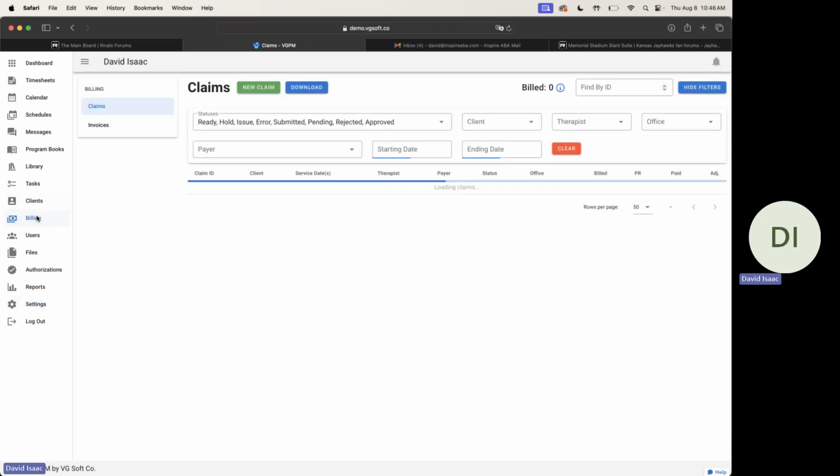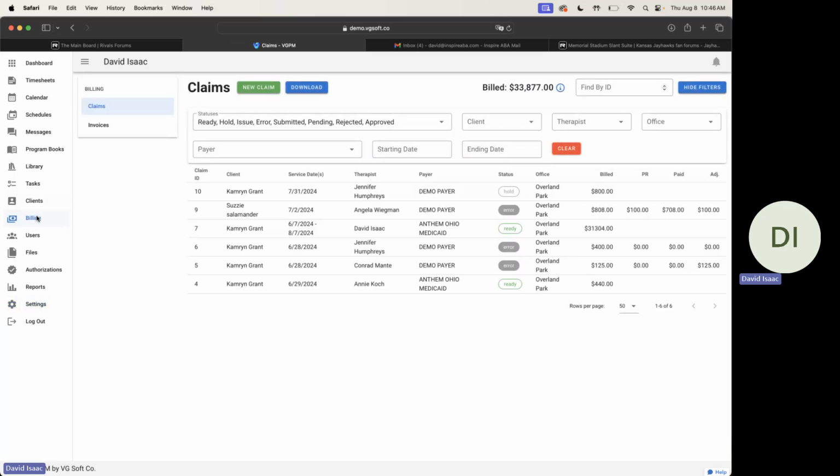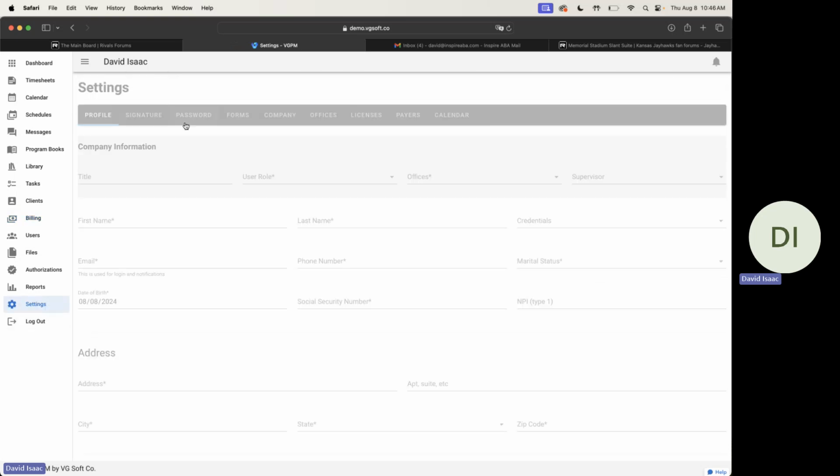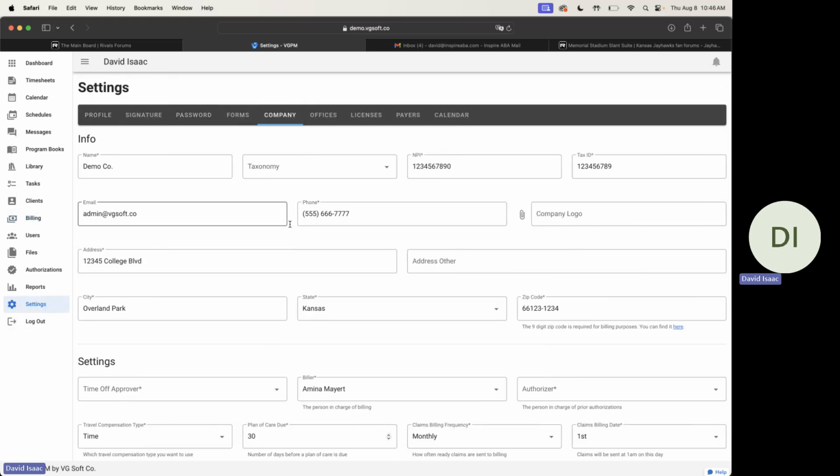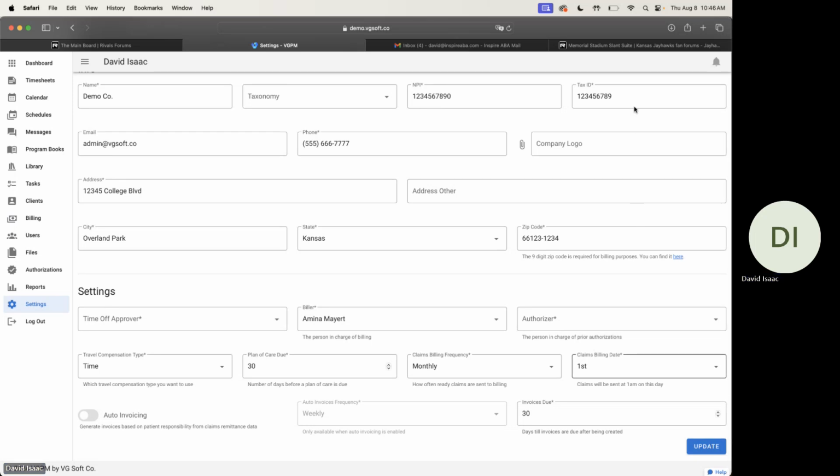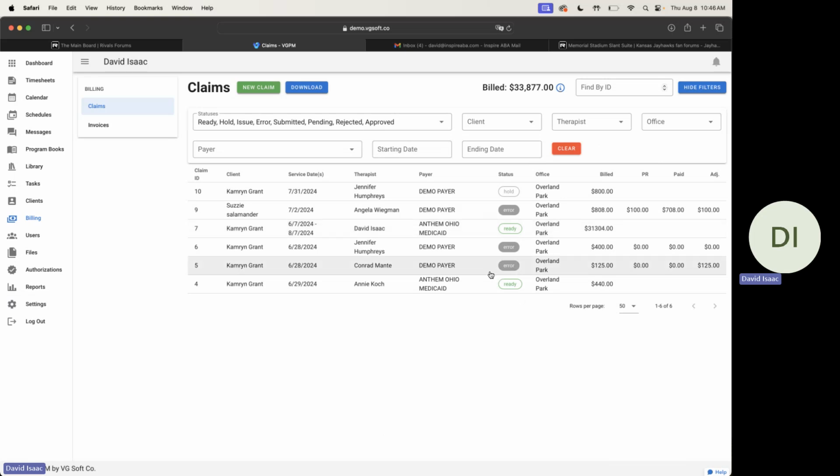Once you have done all of that, you got your authorization in, on the claim side, I need to go back in here, go to the settings, and go to company. Part of what makes us different is that we don't require a lot of hand-holding on the front end for claims. If the software has decided that it's good, we're going to automatically send it off to the payer based on what you select here. So if we select that we're going to bill once a week and we're going to do it on Wednesday, every Wednesday at 1 a.m., claims in a ready status in the billing screen are just going to go ahead and send off to the payer. And then when they come back,